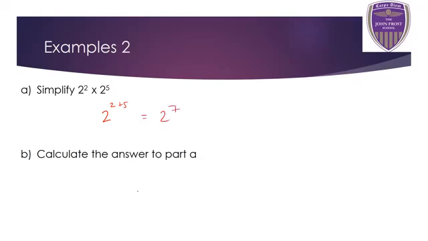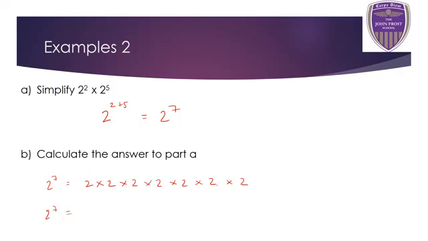the power of 7. Okay, then calculating that answer, well, 2 to the power of 7, remember, means 2 times 2 times 2 times 2 times 2, 1, 2, 3, 4, 5, 6, times 2 again. Right, which looks confusing, but it's not. You're just doubling the answer each time. So 2 times by 2 is 4, times 2 again is 8, double that again is 16, double it again